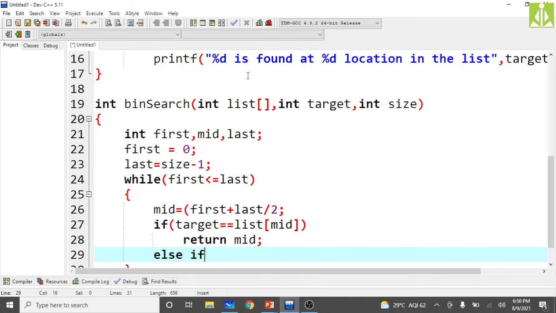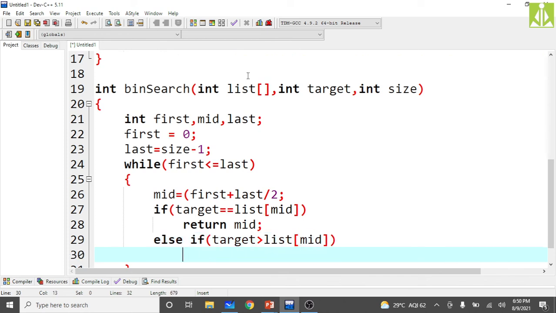Else if the target is greater than list of mid, change the first value to mid plus 1, isn't it?